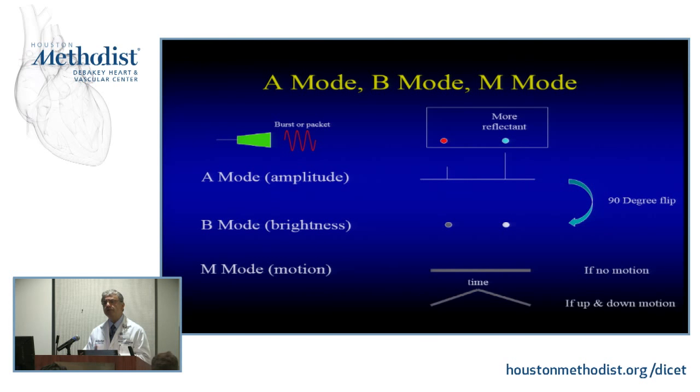And then M mode is motion mode. Okay, it's not the letter M, it's motion. It's not the mitral valve structure, the way it moves, and it's motion. So why would I want to do that? Because at times I'm interested in how these reflectant waves are doing over time, because the heart is not a static structure. So if I take this B mode, this dot, and have a strip of time on it,